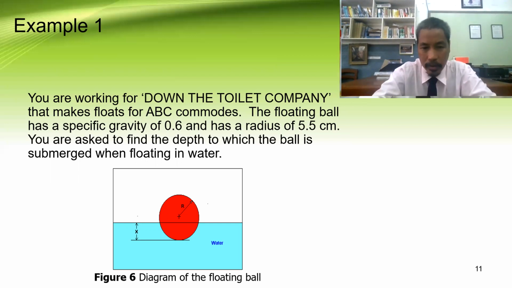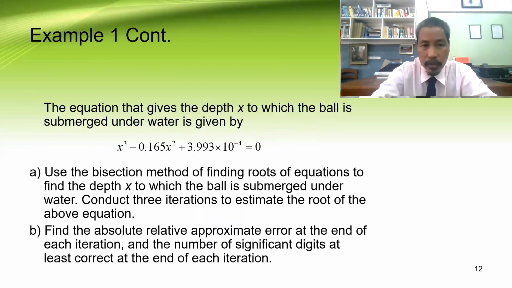That is the question. So we have a diagram here. Diagram of floating ball. We have radius, that is 5.5, and we have water, and we have x. X is the value we want to know. That is the depth to which the ball is submerged in the water while it is floating. So let us